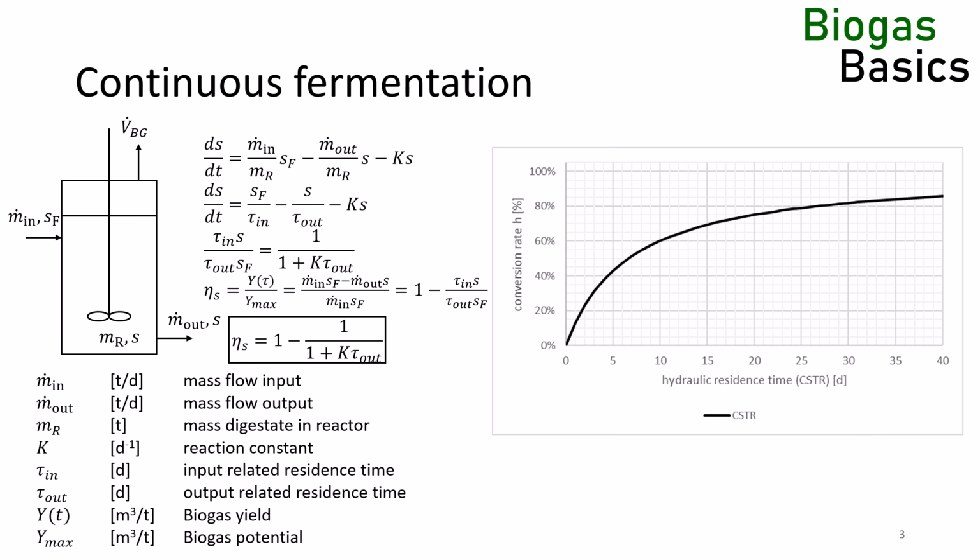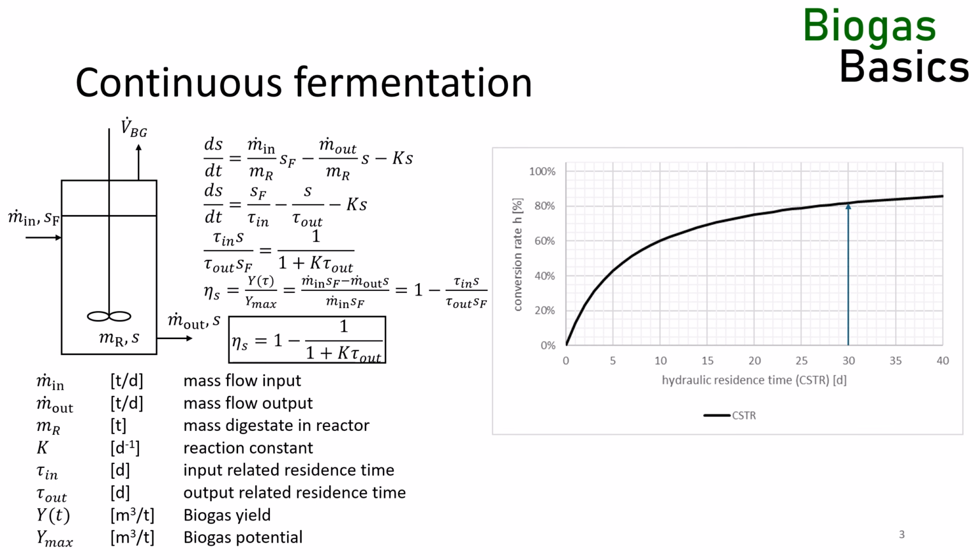It's a different experiment, a continuous culture, and has a different shape, a hyperbola. We can use this curve to estimate the conversion factor of a CSTR-type reactor depending on its residence time. For example, if we want to achieve an 80% conversion factor, the residence time must be 26 days. Or using the formula,